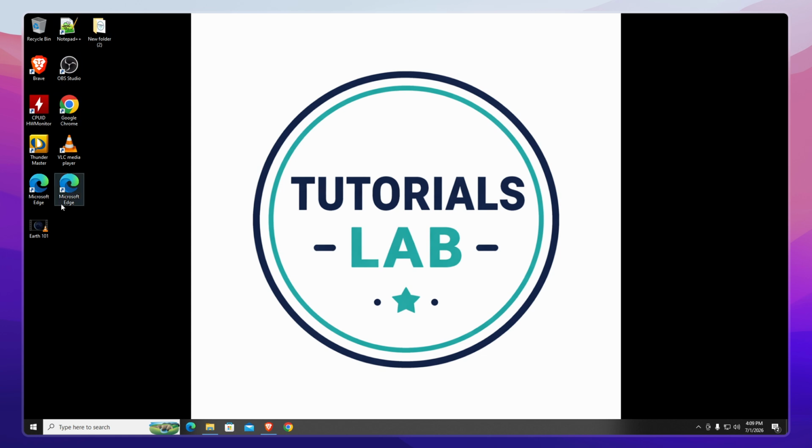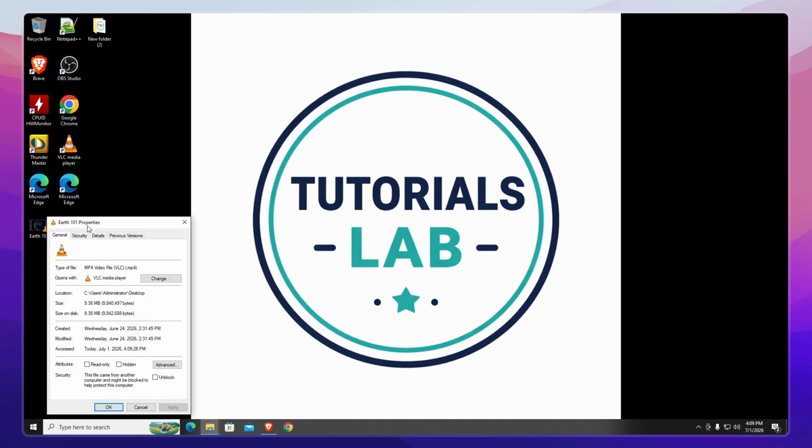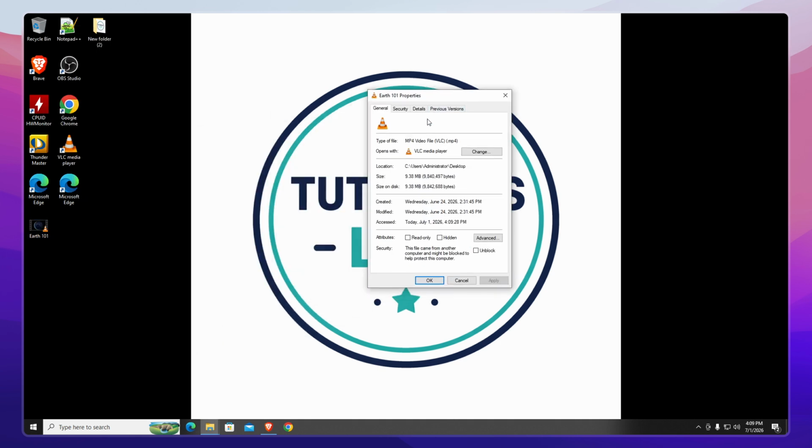After you've found the file you want to work with, right-click on it. This will bring up a context menu with several options. From this menu, look for and click on the Properties option. This opens up a detailed window that shows you various information about your selected file, including its type, size, location,